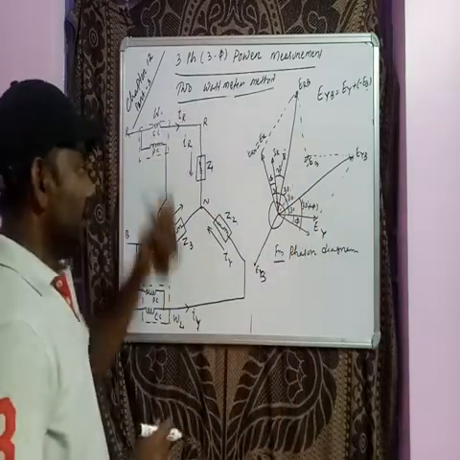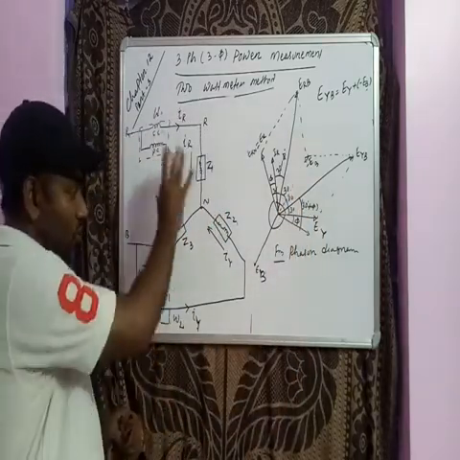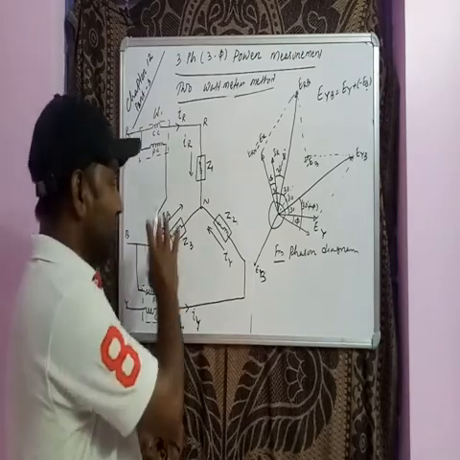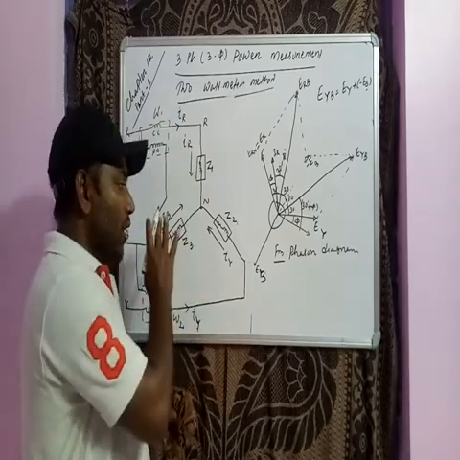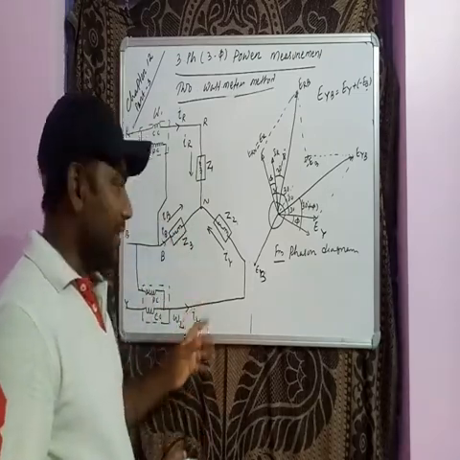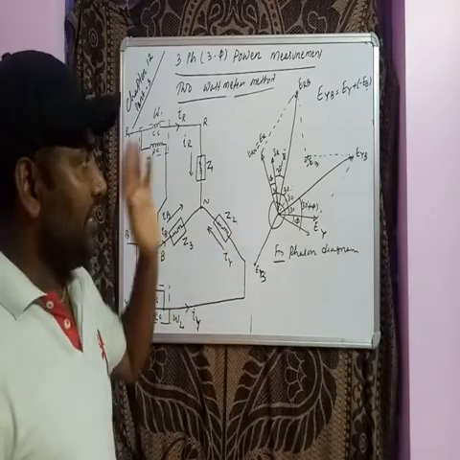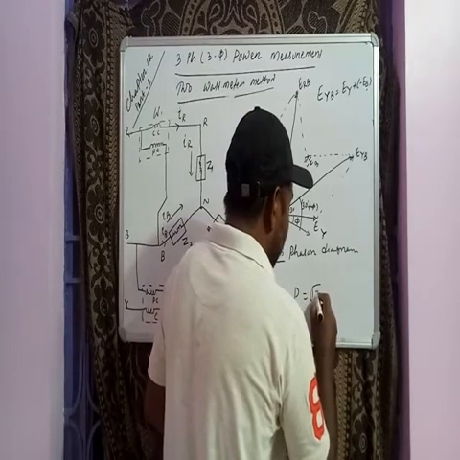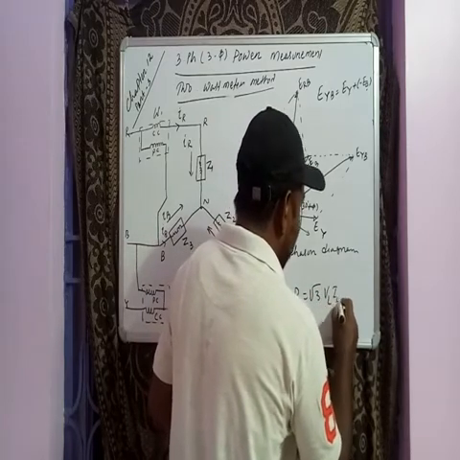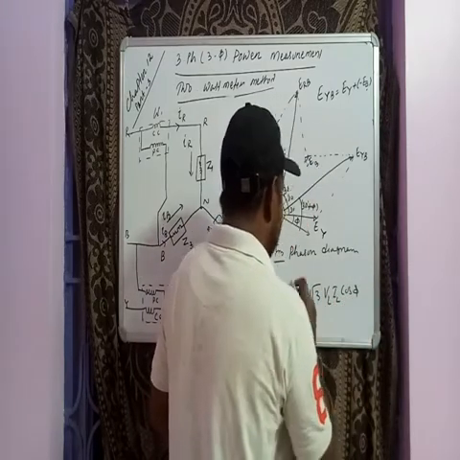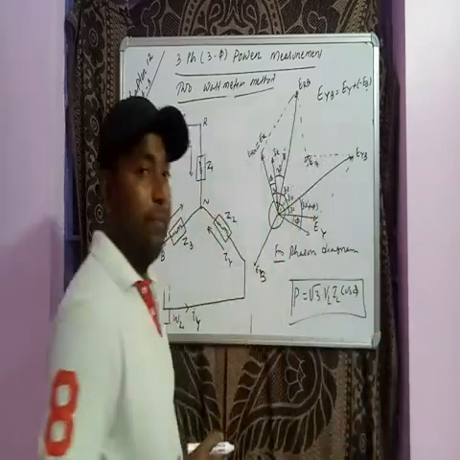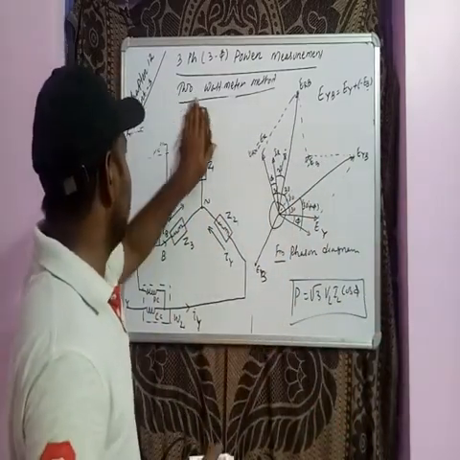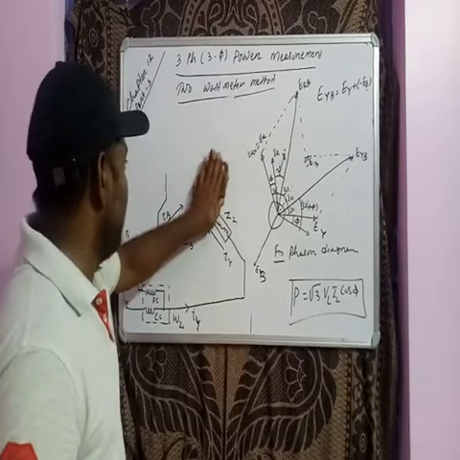Up to this clear? Now my circuit diagram part is over. This is my star connections I have taken. Circuit diagram, clear it is. So I have already explained by considering the circuit diagram instantaneous values. And here I am trying to prove P is equal to root 3 VL IL cos phi, whether it is correct by help of 2 wattmeter or not. Okay. So now the circuit diagram is not required.